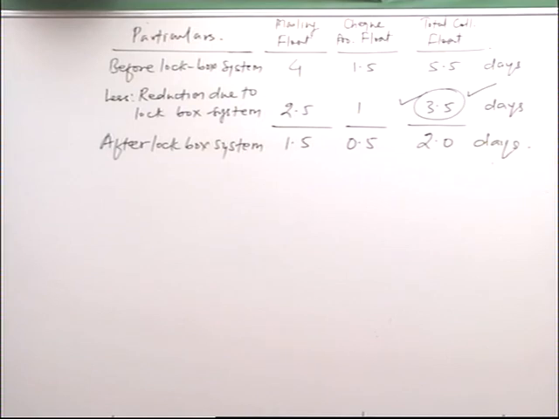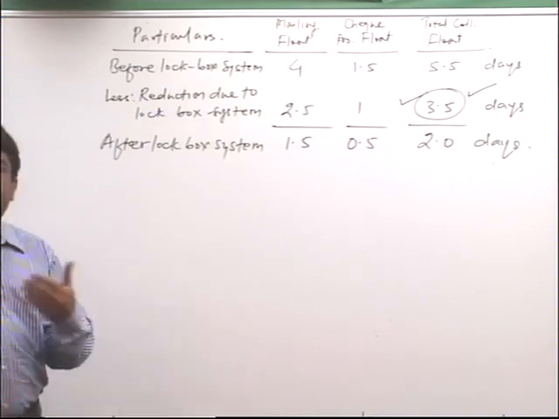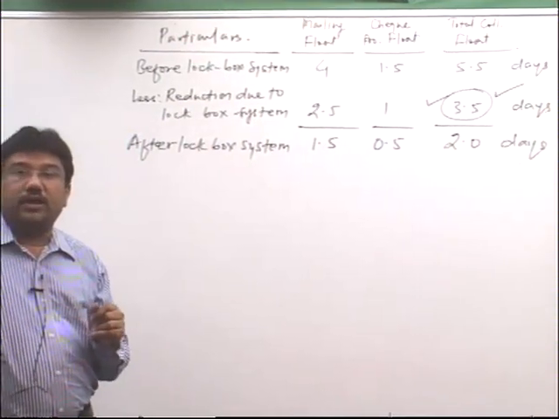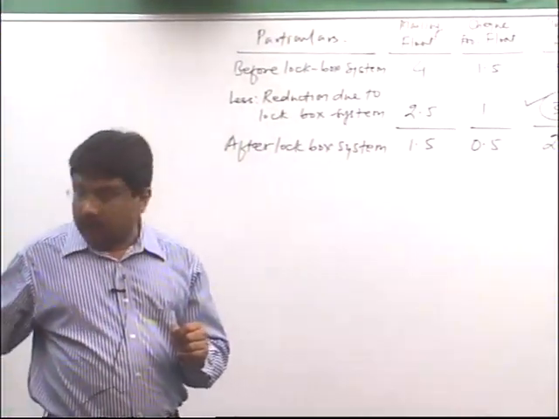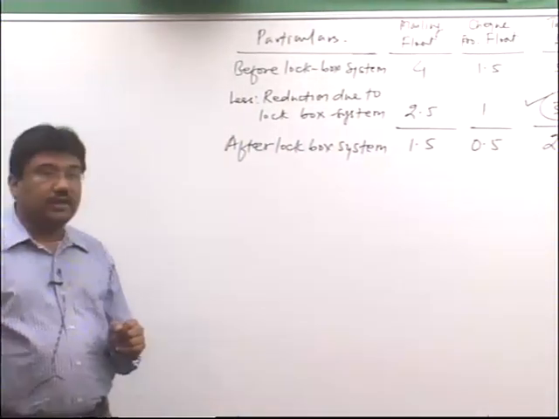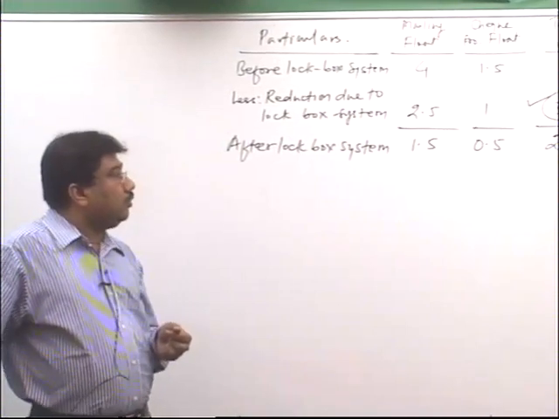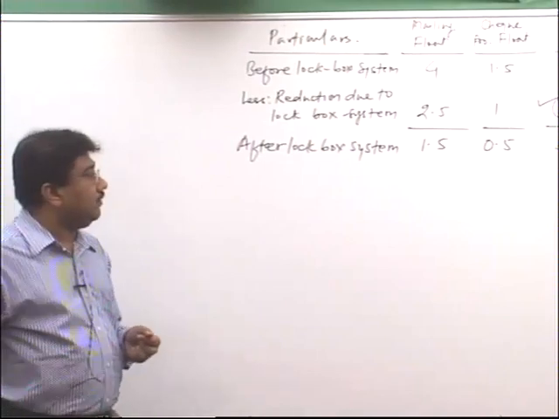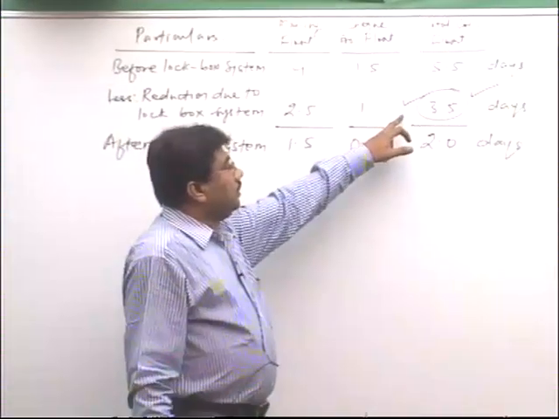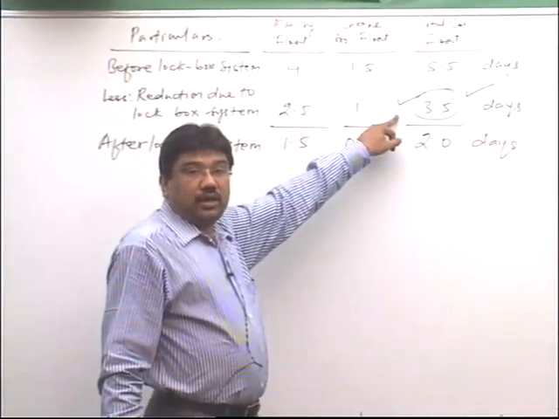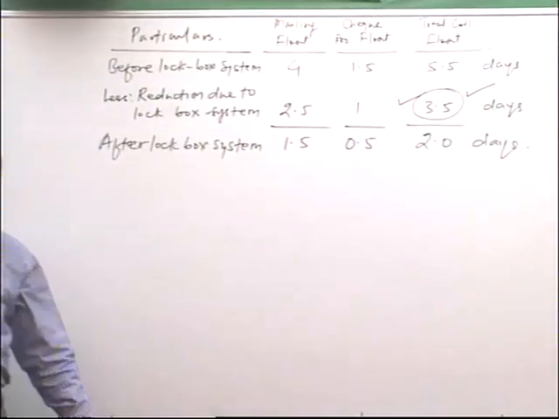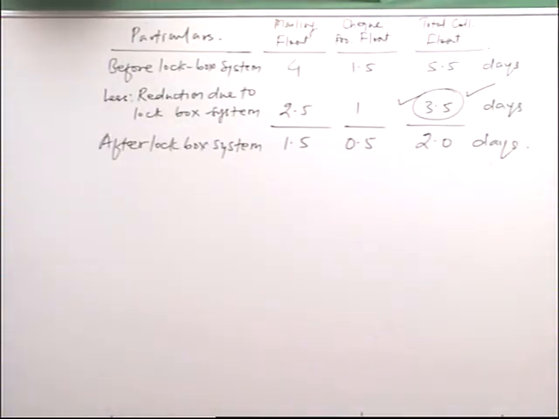In the question, it is given that the daily turnover of cash is rupees 5 lakhs. It means the cash receipt or the cash payment, whatever it may be, the turnover may be of cash inflow or cash outflow. Here it is turnover of cash inflow, that is collection of cash. So, average collection of cash per day is 5 lakh rupees. So, keeping in mind this average collection of 5 lakh rupees per day, the reduction in collection float and the rate of interest given in the question, we have to answer 3 questions. So, first answer A.